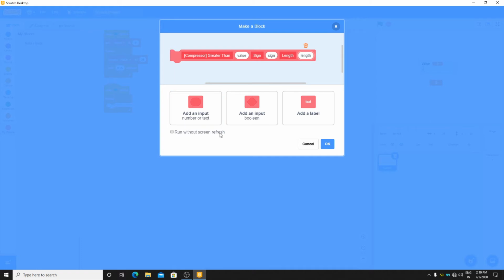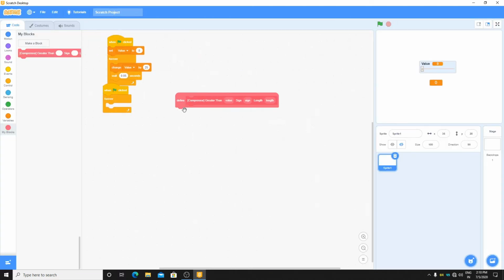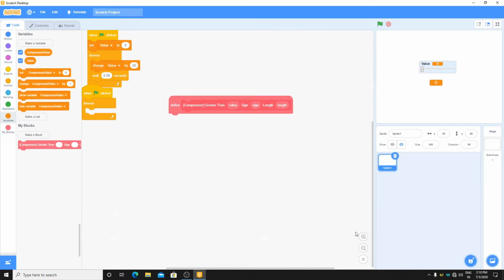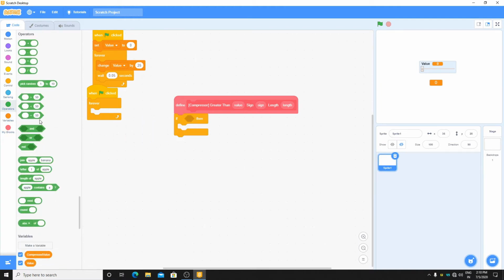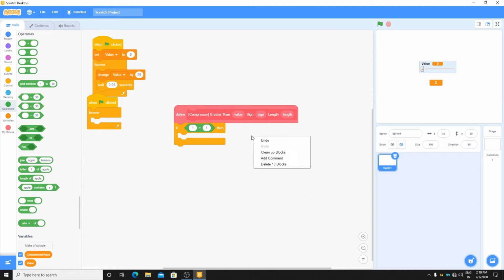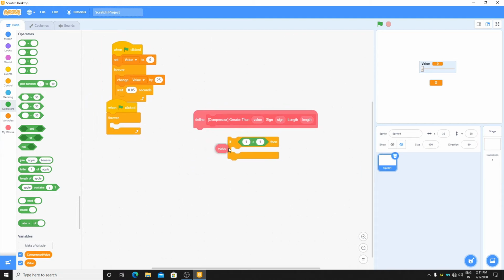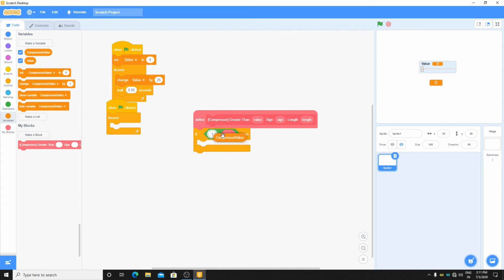Run without screen refresh should be unchecked. Click on OK, and here you can see, put your if statement, if equal to operator, if value is greater than this value, the greater than value, here put the compressed variable or the value variable.